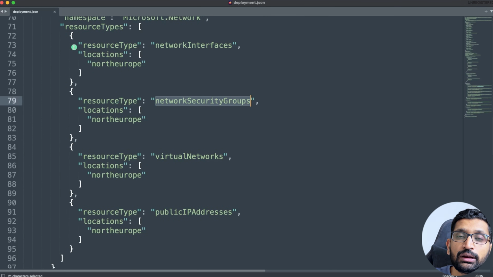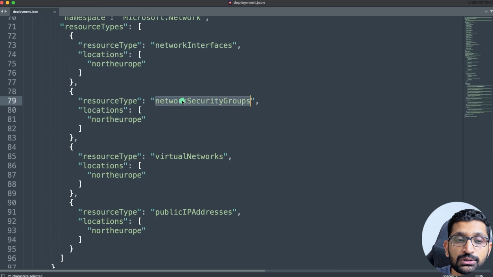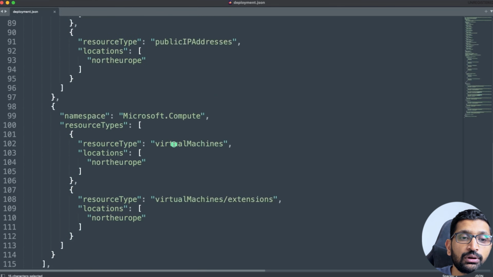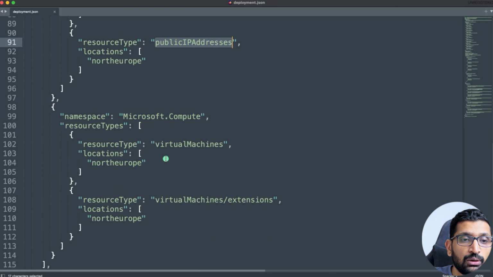So it's not only creating a virtual machine, but it is also creating the resources necessary for managing your virtual machine, which include network interfaces, network security group, virtual network, and public IP address, because we want a public IP address assigned to my virtual machine. Then also the compute. Here you can see this is where our actual virtual machine is getting created, which is